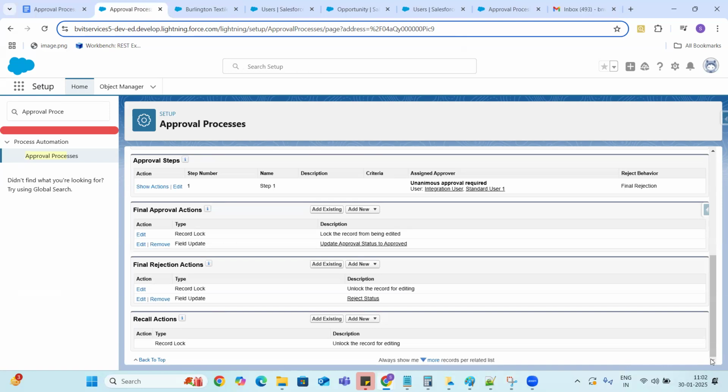Using approval process, we can perform multiple actions like creating tasks, doing some field updates, sending email messages, and sending outbound messages. They'll ask you, have you worked on outbound messages? Even I haven't worked on outbound messages, guys. 99% of projects don't use outbound messages.